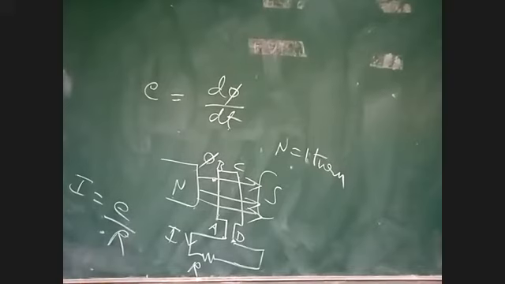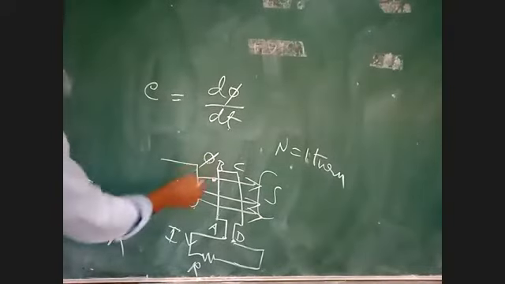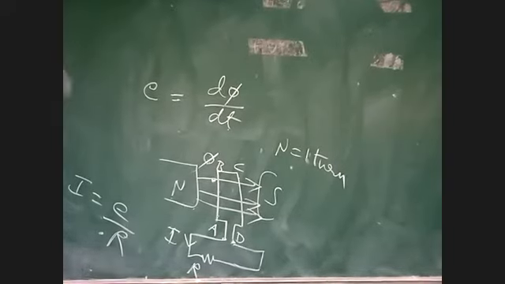Now, when the conductor is cutting magnetic flux, EMF is induced in between A and D. When we provide the closed path with the help of external load resistance, then current is flowing in the load, in the coil. I is equal to V by R. In this way, we are generating the electric current from the magnetic flux. So, this is the reverse process, Faraday's law. From the magnetic field, we are generating the electric current.